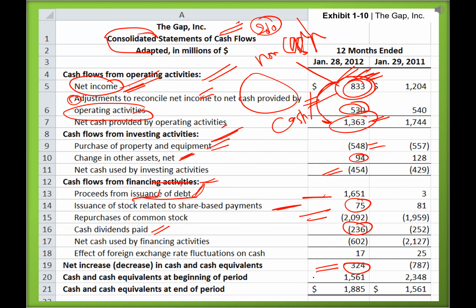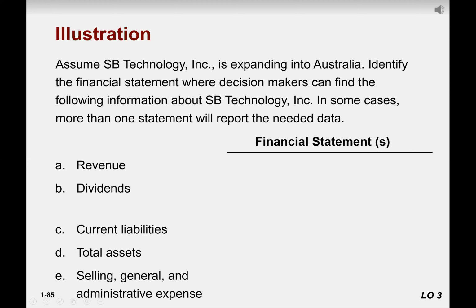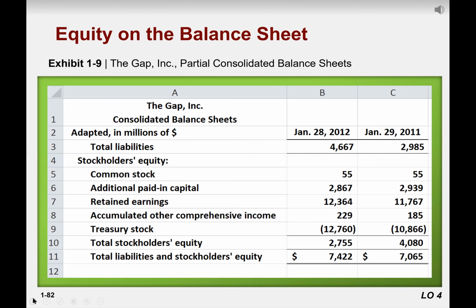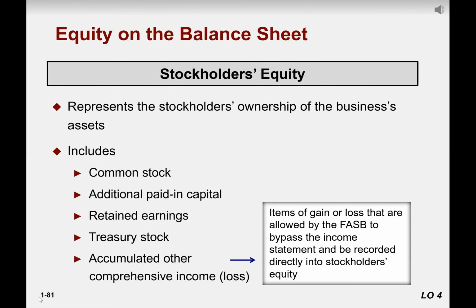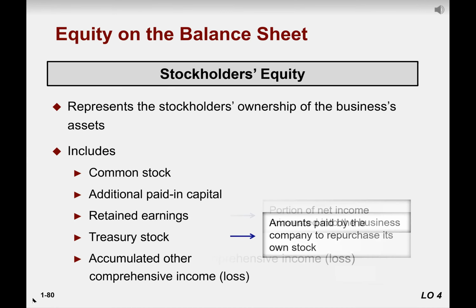If you pay close attention here, $324 million is the same amount that is written on the balance sheet. Let me just go back and double check that one. If you go back and double check the cash on the balance sheet,